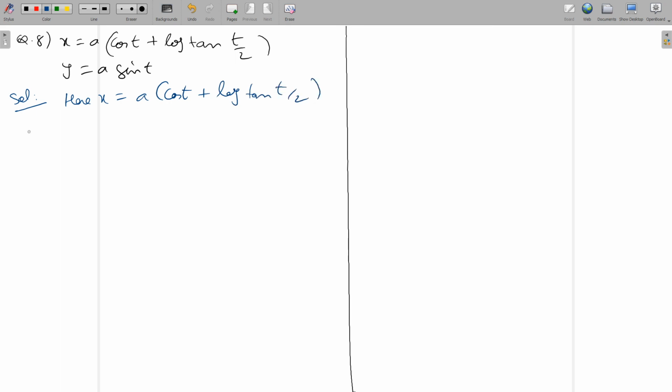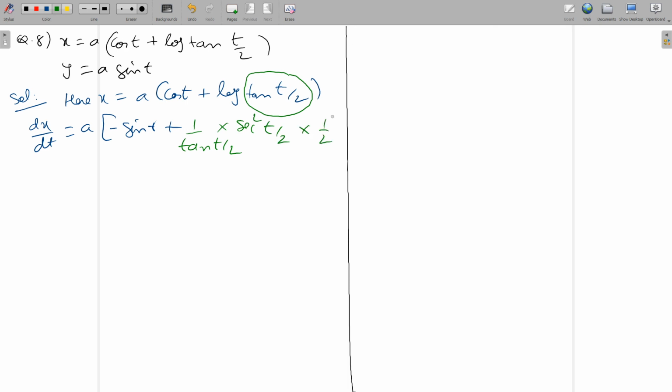So on differentiating with respect to t, we will get dx by dt equal to a, which is constant, so it will remain as it is. Differentiation of cos t is minus sin t plus, and for the time being we will consider this tan t by 2 as t, and we know the differentiation of log t is 1 by t, so 1 by tan t by 2. Next we will do differentiation of tan, and that is sec square, so sec square t by 2. Then we will differentiate t by 2, we will get 1 by 2, and